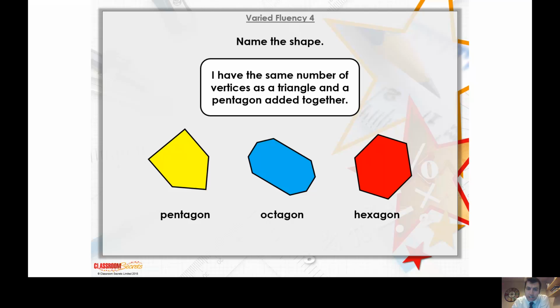Now, if you're looking for a shape here that's got 8 vertices, you're looking for a shape which also has 8 sides. So you're looking for an octagon, whether it's regular or irregular, we'll spot in a second. But it's the octagon, which is the middle shape. It's irregular because the sides are of different lengths. But we can see, therefore, it's the octagon which is the correct answer. Well done for working through